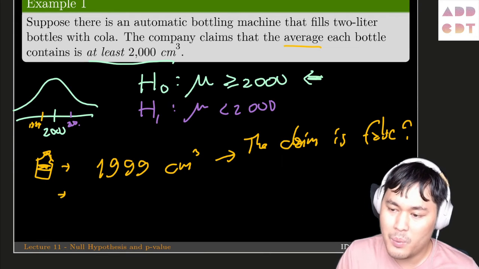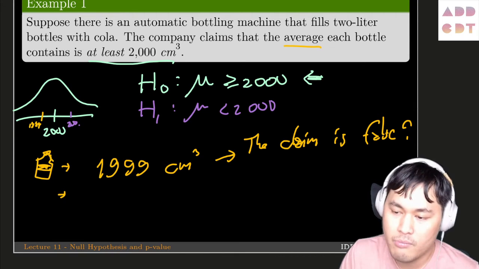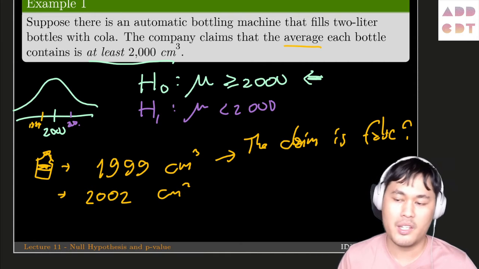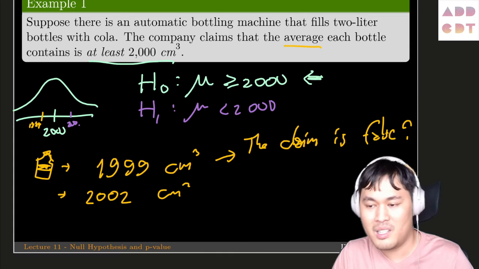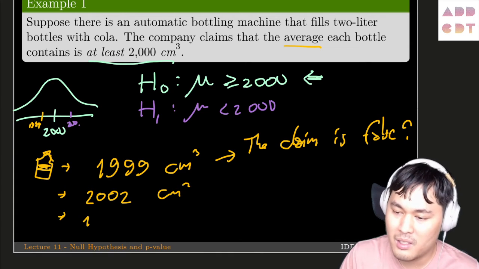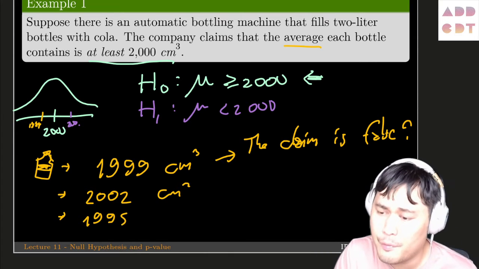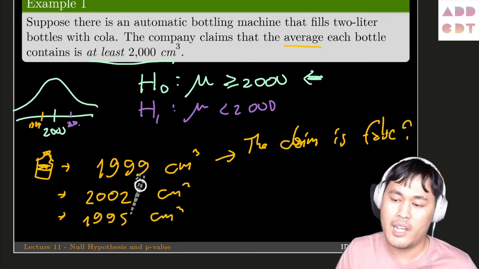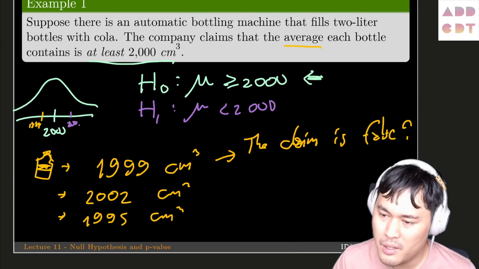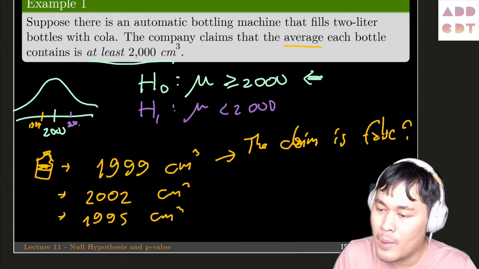Okay, so that means one single sample is not enough. That means we have to collect more samples. Maybe the next one is 1,002 centimeters cubed, and so you say, oh, okay, maybe the previous one was just a little error. Maybe the next one you got 1,995, and you say, oh, now that's 5 centimeters cubed smaller than the claim. But then again, you can't be sure yet. And so once you get